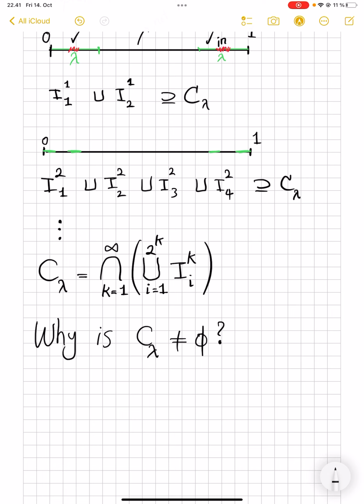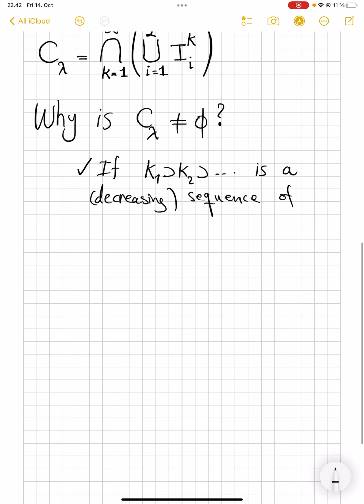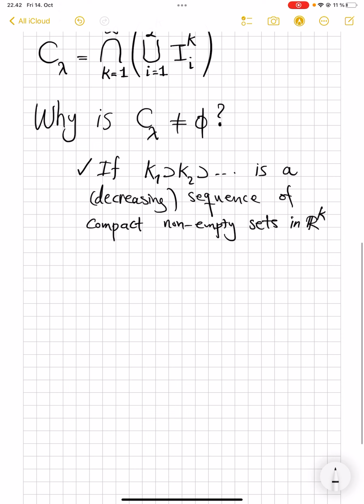The answer to this question has 2 parts. Number 1, if K1, K2, and so on is a decreasing sequence of compact and non-empty sets in any, actually, Hausdorff, in any Euclidean space, then their intersection